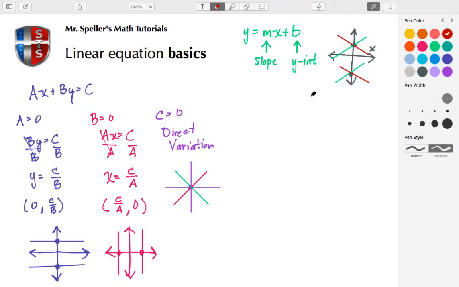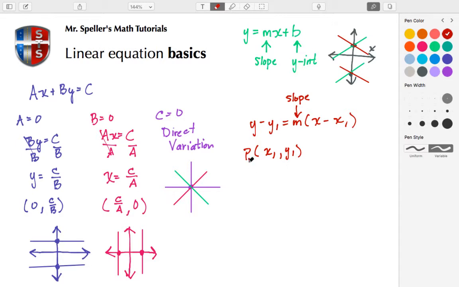Next, we're going to work here with the point slope formula, and that formula is y minus y sub 1 is equal to m times x minus x sub 1. Well, here the slope is still m, and then we have a point, and that point, I'm just going to call it P sub 1. It has the coordinates of x sub 1 comma y sub 1. In some situations, we'll have a second point.